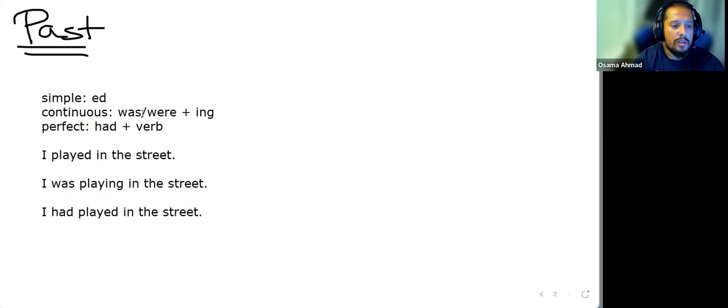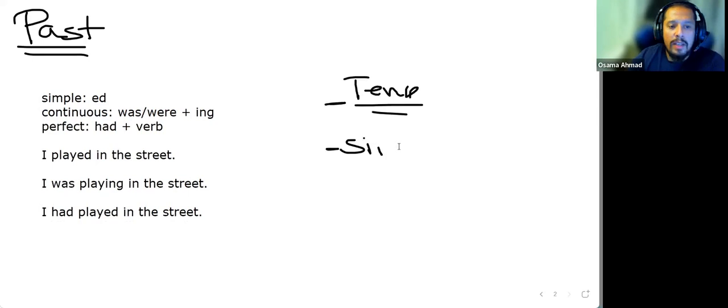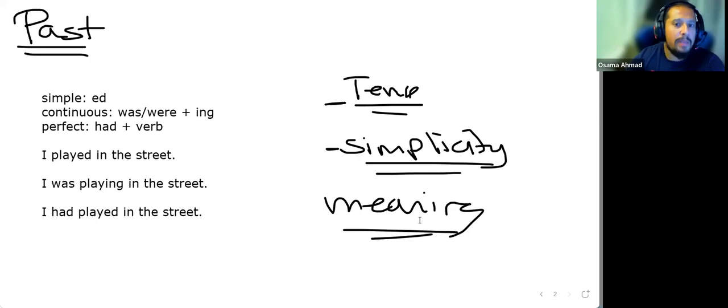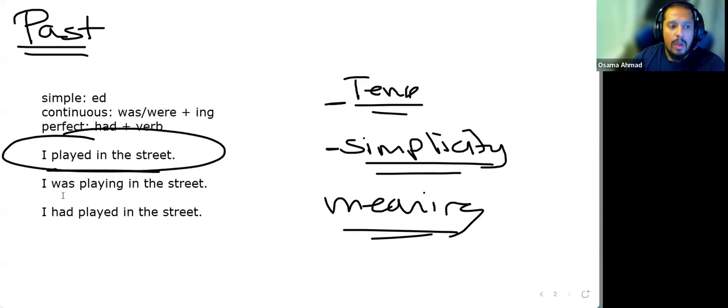We said check tense, and then simplicity of the verb. The simplest verb is usually the best verb. Keep this in mind. Now of course there's something called meaning, and meaning can affect this, and I'll show you an example about meaning itself. But automatically by default, if I decided this verb is in the past, I choose a simple past form. Continuous is almost always wrong. Continuous only comes out right sometimes. If I decided on a present tense form, I'll show you the present tense forms too, right?